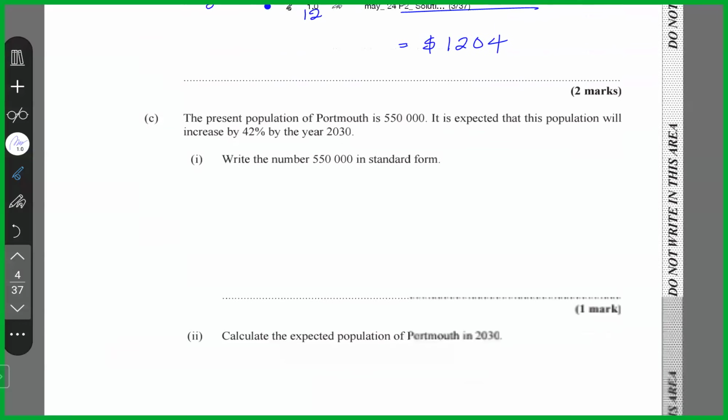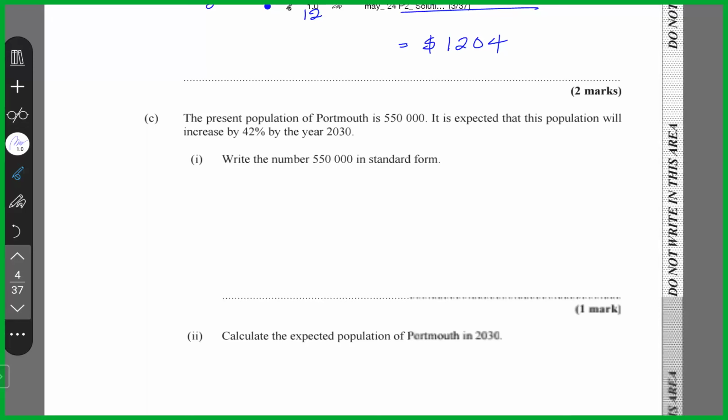All right. C says, the present population of Portmore is 550,000. It is expected that this population will increase by 42% by the year 2030. Write the number 550,000 in standard form. Now, whenever you write a number in standard form, the decimal point needs to come immediately